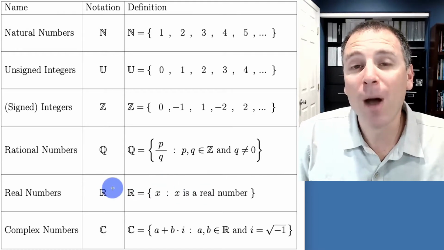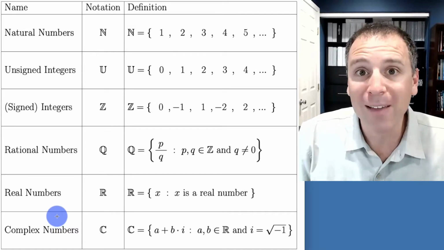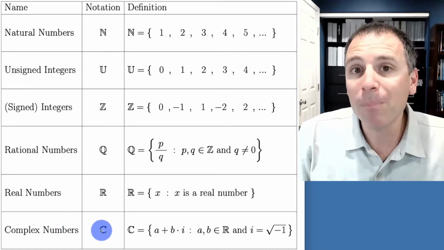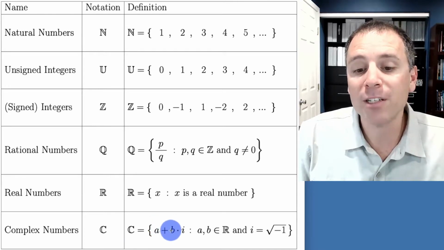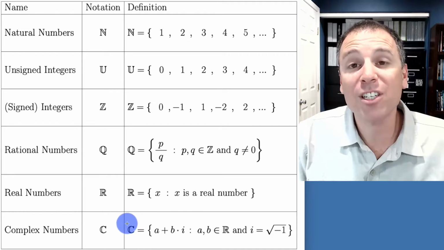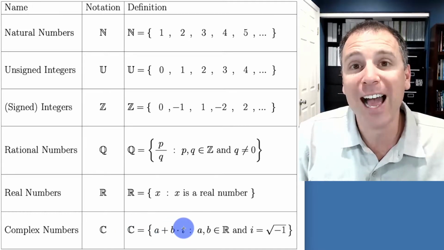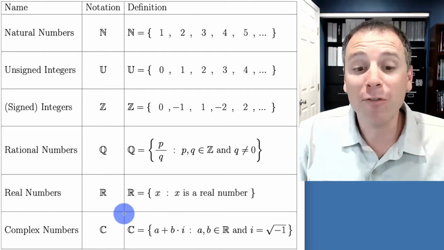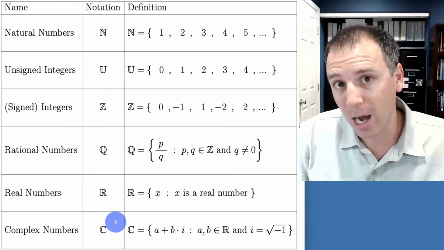The final very popular number set that we see in mathematics and is also very relevant to MATLAB coding is the set of complex numbers. The complex numbers are combinations a plus b times i, where a and b are any real numbers and i is the square root of -1. MATLAB does actually allow us to store complex numbers, and specifically i is set aside as the square root of -1. We're not going to focus heavily on that in this course since this is an introduction and that gets into more complex applications.